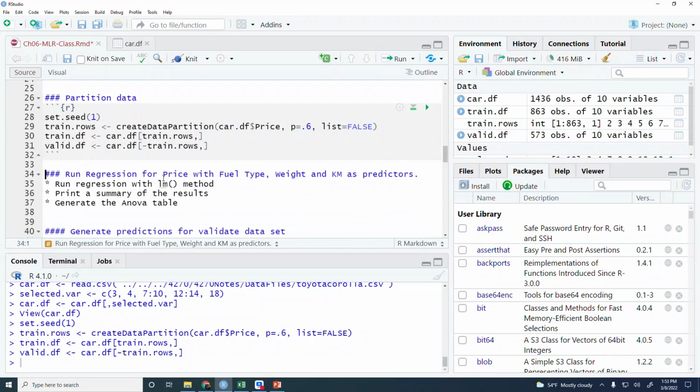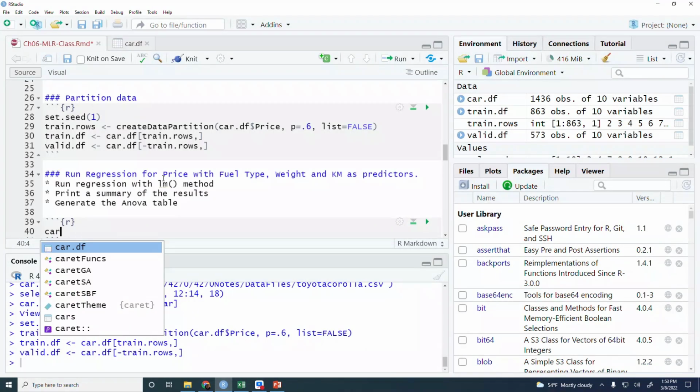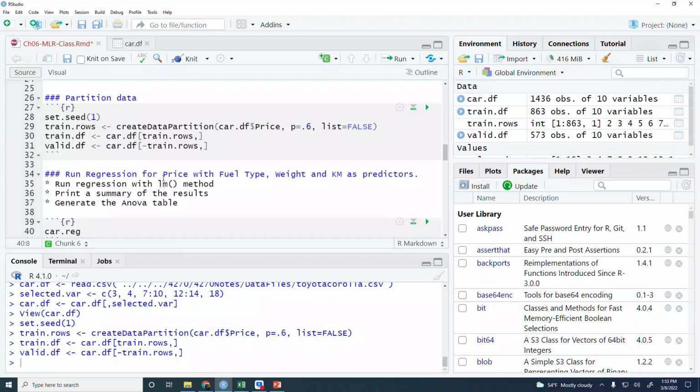Now we can run the regression analysis. We'll start with LM, the method that we have used previously. We'll call it car.reg.